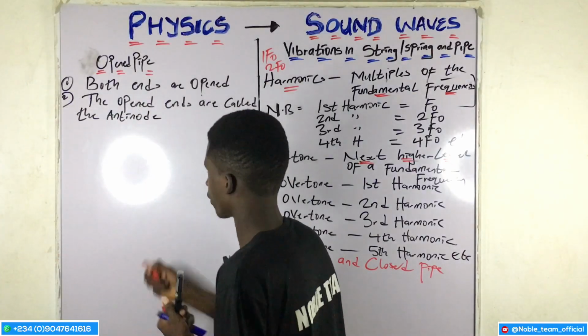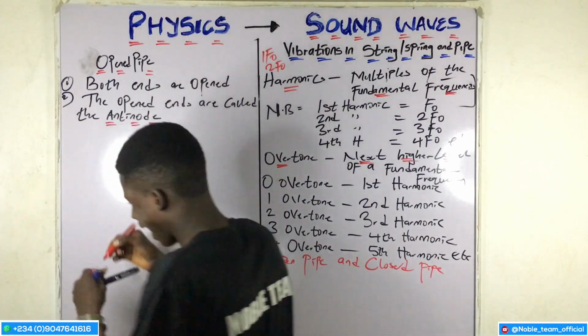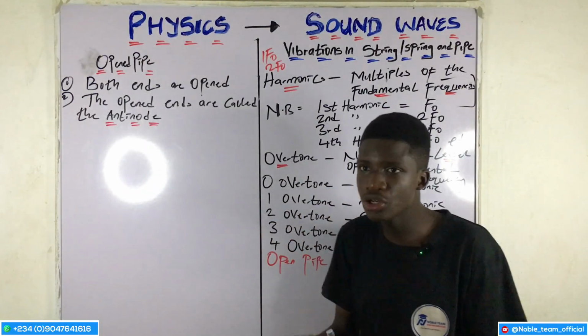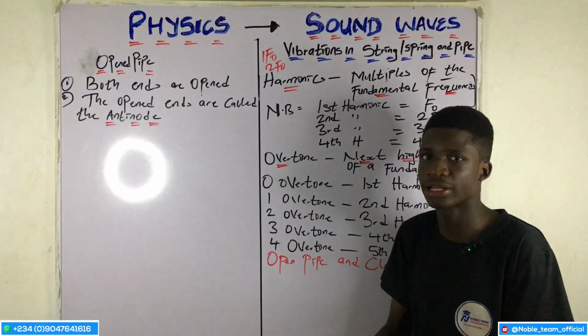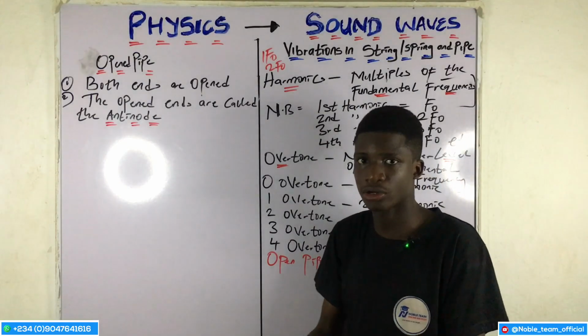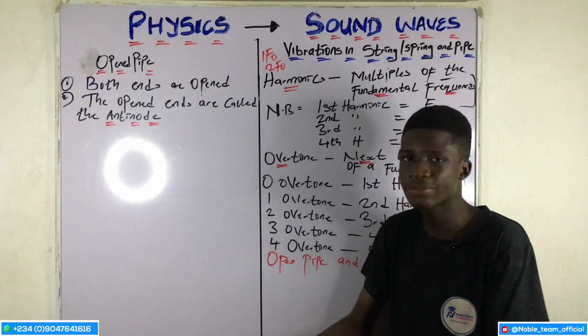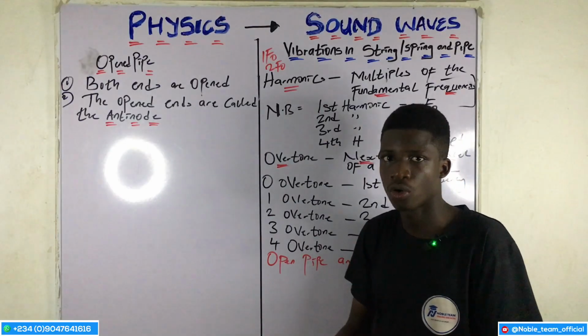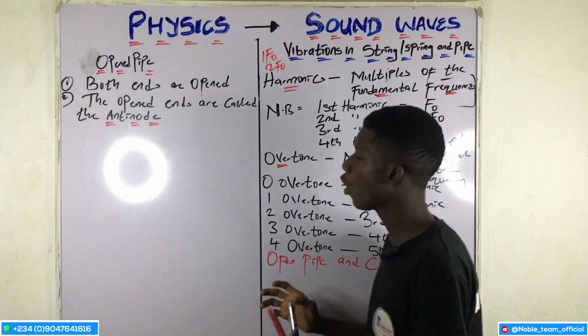Let's take note of this. Now, what is an antinode? Antinode is the maximum displacement of a particle or air. Now, in open pipe,